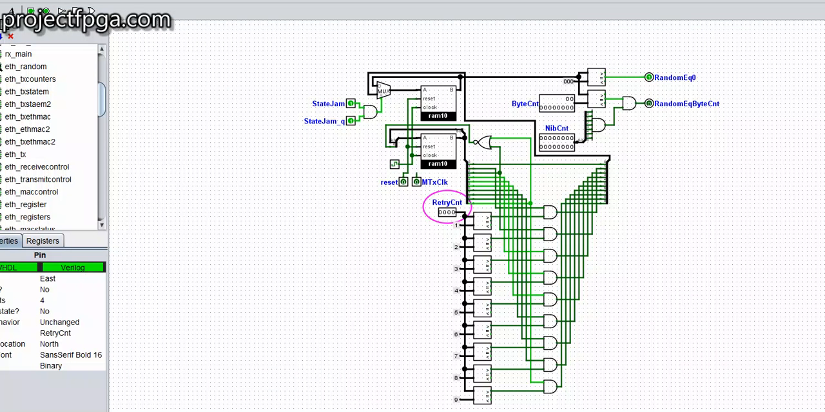So what this circuit does, this is the circuit that generates the random waiting period for the transmitter whenever there is a collision. Whenever there is a collision, we know that we are going to be in what we call the state jam. That is, this state jam is going to come on. The state jam comes on, and that is when we get the random number. The random number is stored into this RAM 10,